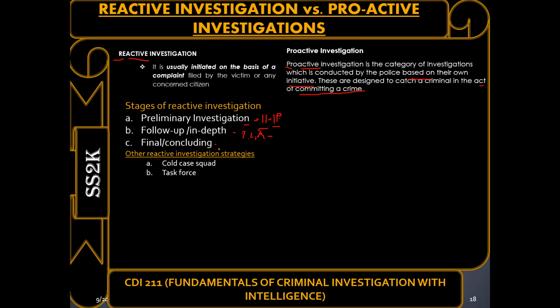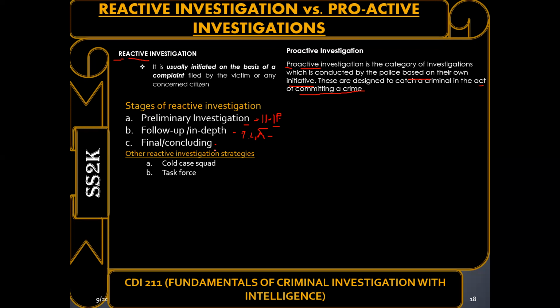Then we have also the final or concluding investigation. Concluding investigation is also known as final investigation. It is focused on evaluating and presenting evidence to prove the guilt of the accused. No? So kung ang investigation ay may threefold aim, kung tawagin sa PNP setting: to identify the guilty party, to trace and locate the guilty party, and to provide evidence of criminal guilt,